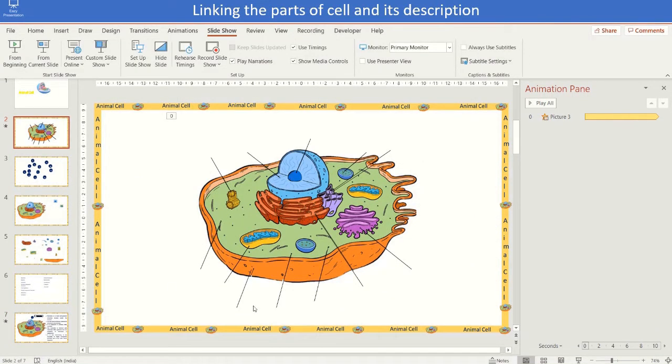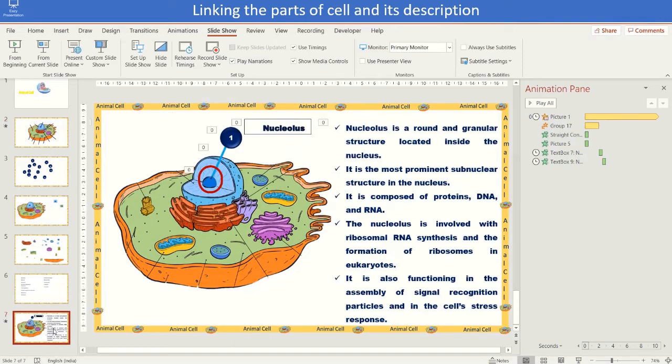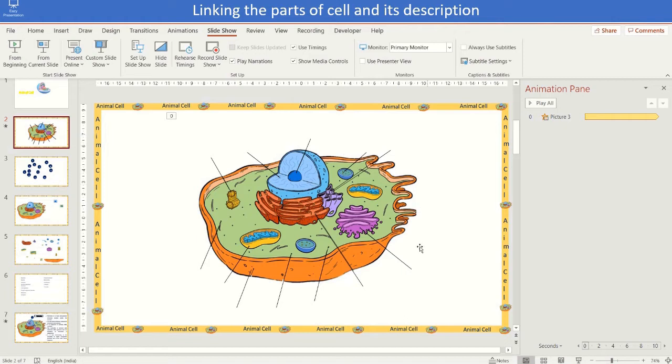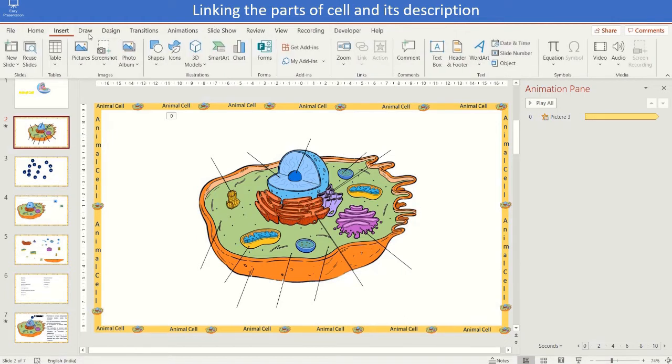It is time to link parts of the cell and description. In the main cell image, to connect both the sides, we use Insert in the Links group. Select zoom or action to the link. In this example, we use the zoom technique.